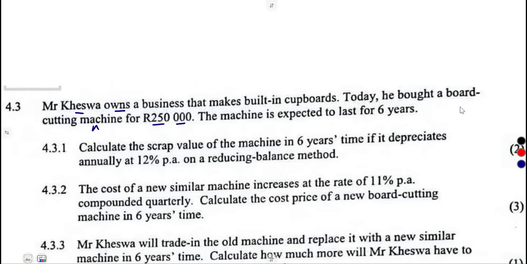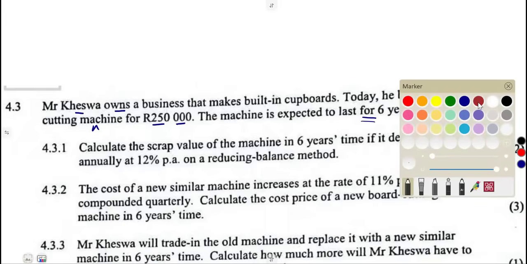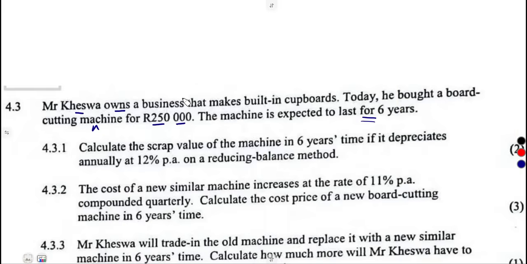Okay, that is on a current situation. Then the machine is expected to last for 6 years. The number of years when operating is supposed to last for 6 years to have value. So 4.3.1, calculate the scrap value,